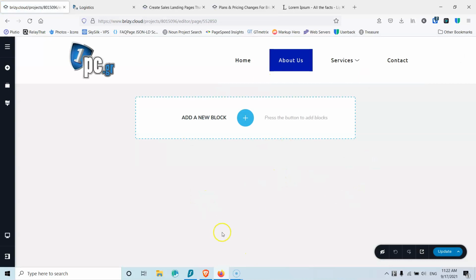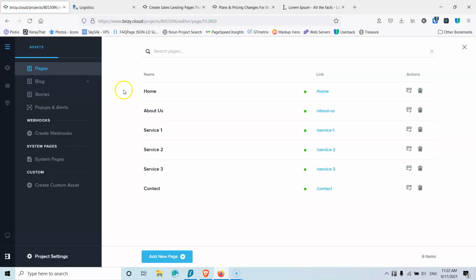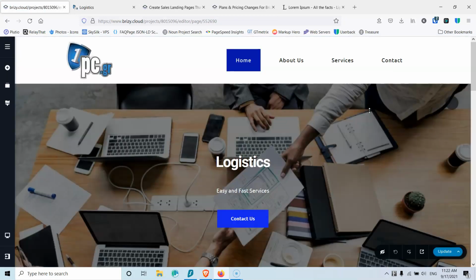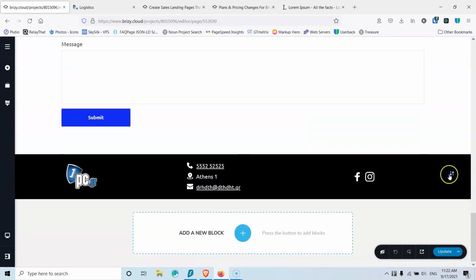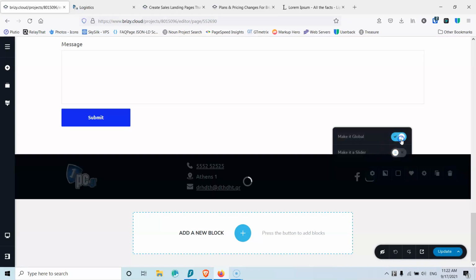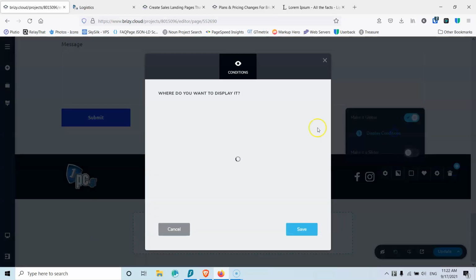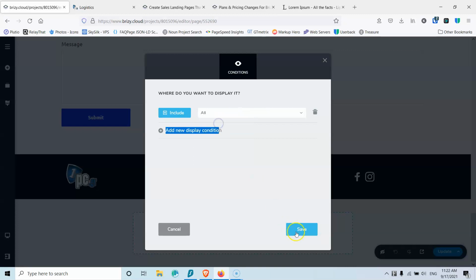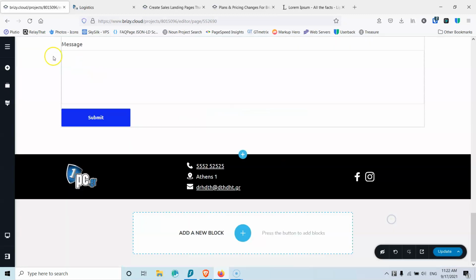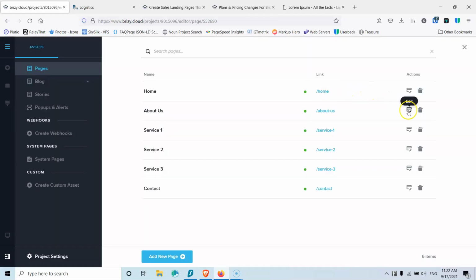And now I can see that I haven't set the footer as a global, so that was a mistake. Let's go back. Let's go to the home page, edit that. Let's go to the footer. Okay, select here, make it global, and then click into the button again and select here, display conditions, and I want that to be everywhere. Okay, save changes, and now I can go into the next page, the About Us page,